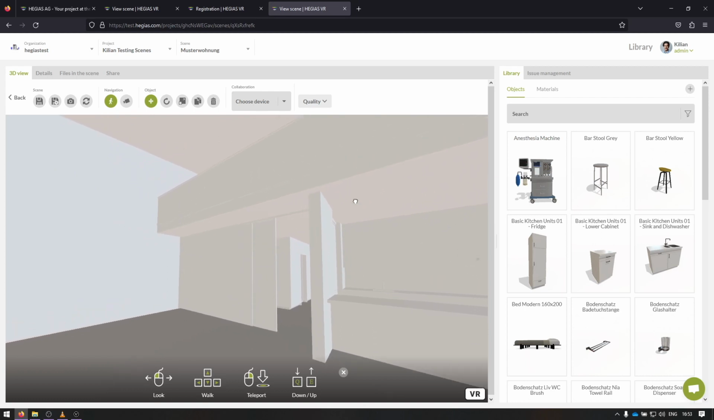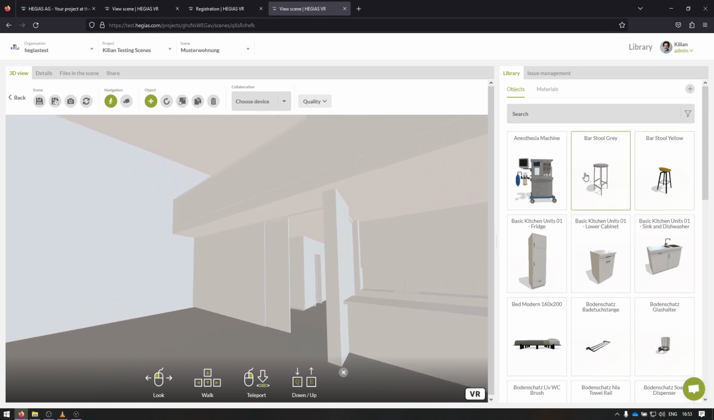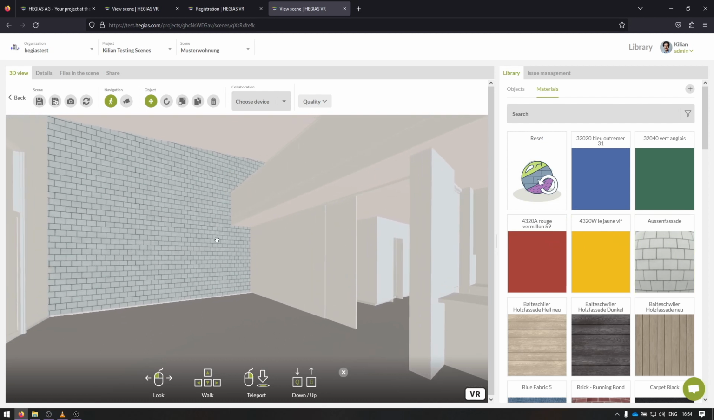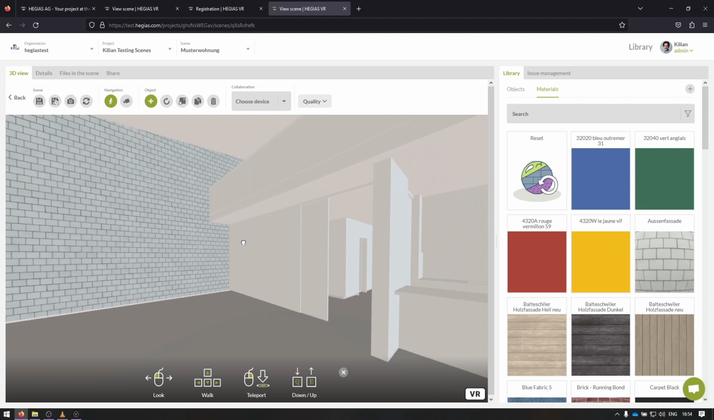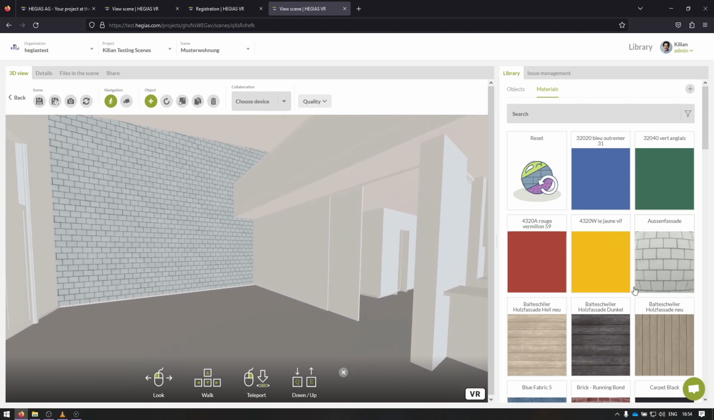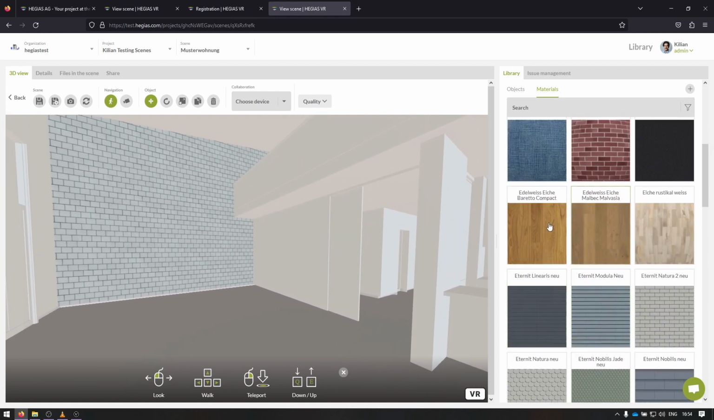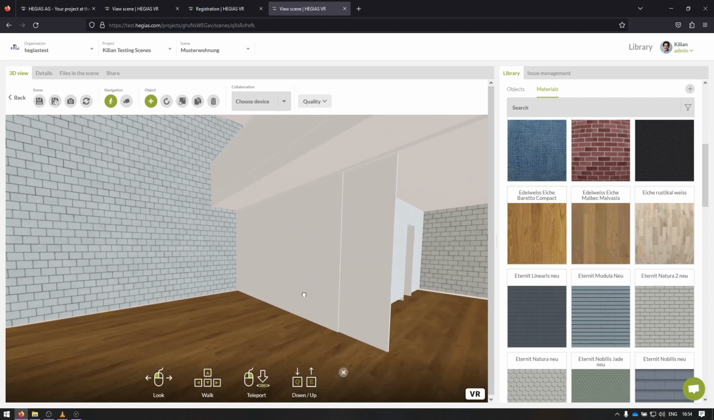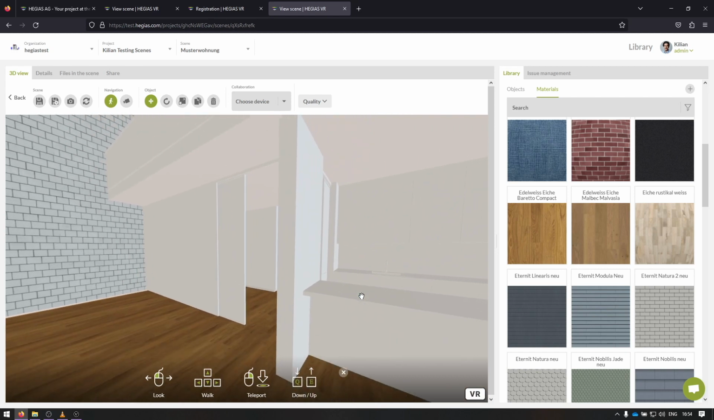So now you have got a library, an object library and a material library, where you can choose from a set of materials and objects to place into your scene. For demonstration, I'm using this brick wall, this texture of a brick wall, and placing it on the wall inside my building, and it gets applied instantly. It's a simple drag and drop. So here again, I'm using this oak and dragging it onto the surface I want to apply it, and it gets applied,